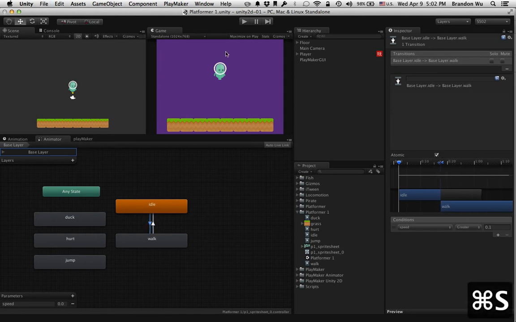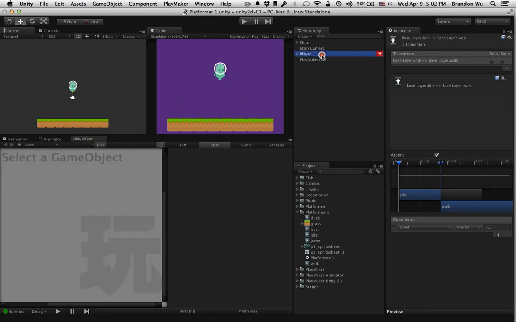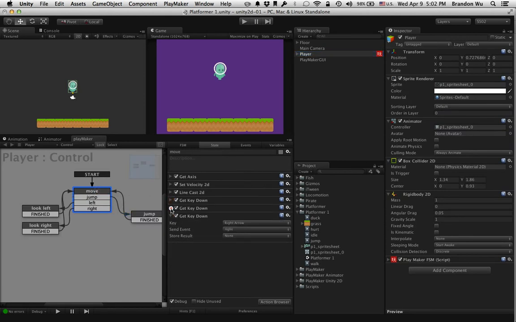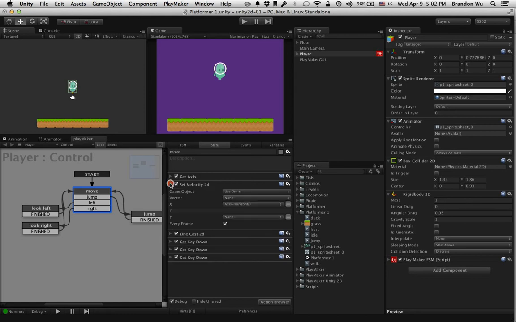Okay, now the problem is the speed parameter is not being set yet. We don't have that logic in the game. So let's go back to Playmaker, click on the player. Let's go back to our move state. I'm going to close these down. Now from